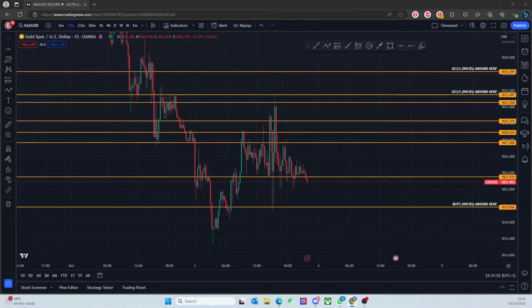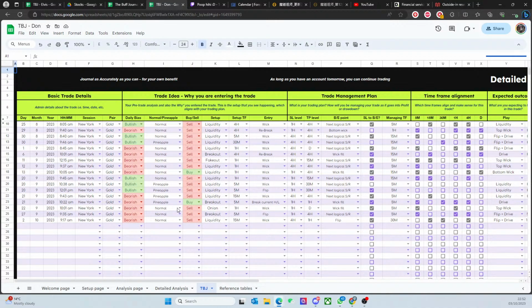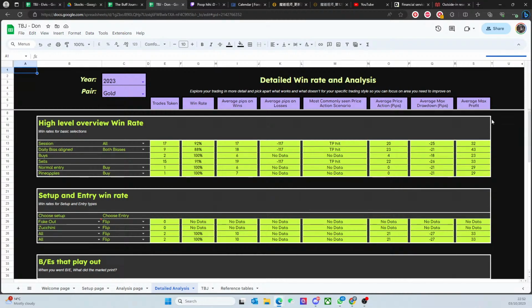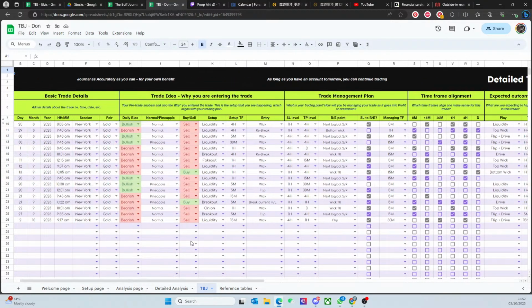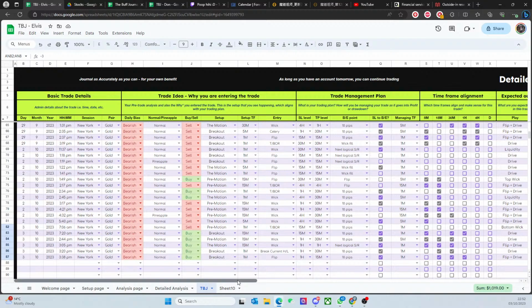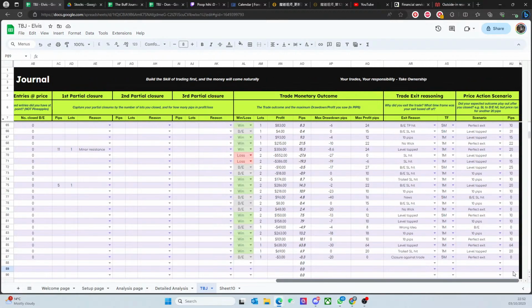Yeah, you like it? I think the journal, I don't know, we'll have to see what we can do with it. There are elements of it that will need changing over time. I think I might add more columns in detail analysis, just because I really want to understand with our trades, right? I want to have a good understanding of stop loss, and with that, what is the optimal stop loss to use? And I know we have these, right? But it's something to record what the stop loss actually needed to be for the position.